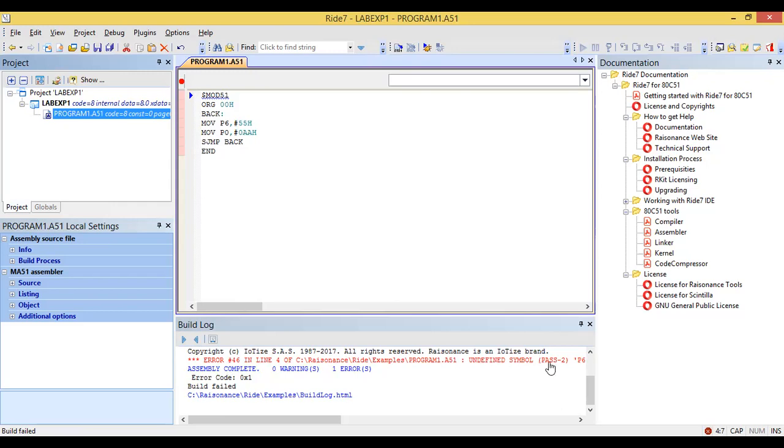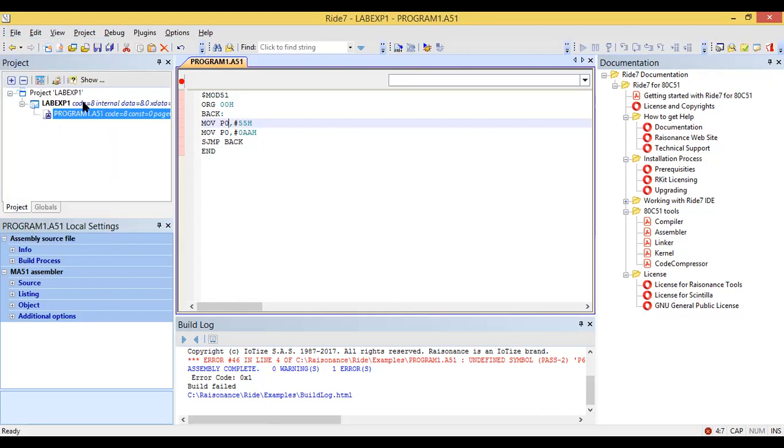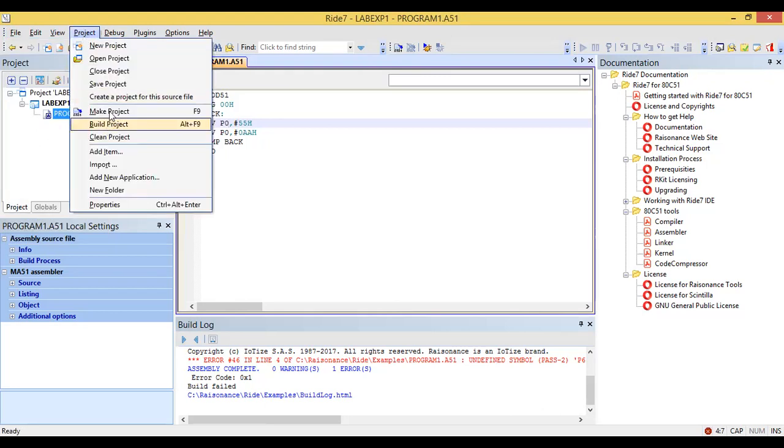You can see undefined symbol P6. If you click on that red line, it will point to the error line, and you can correct it here. There is no such port P6, so that's why there is an error. So save it. Now we can go to the project, make project,